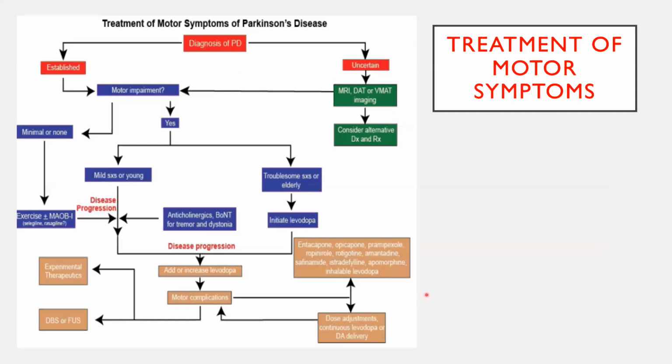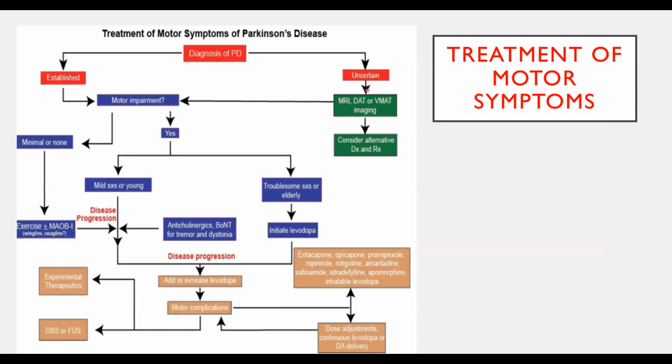So this is the approach. After diagnosing PD, if you have any doubt, you can opt for a dopaminergic or dopa PET scan. If that is negative, you need to look for other alternative diagnoses. So we establish the diagnosis based on clinical findings and investigation. See for the impairment. If a patient has very minimal symptoms, then you can advise non-pharmacological therapy. If the patient is really willing for drugs, you start with an MAO inhibitor.